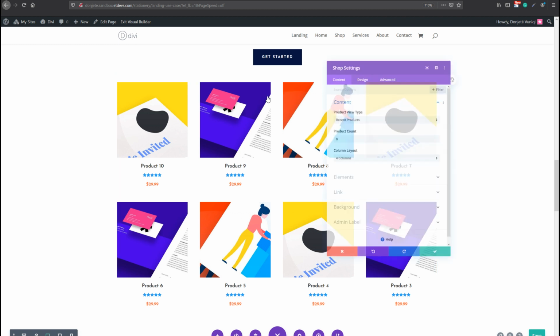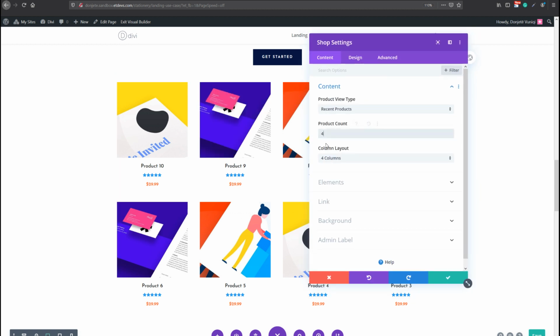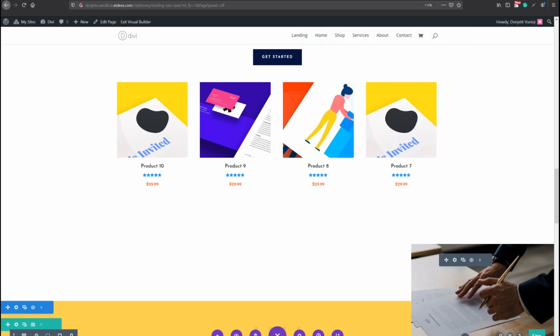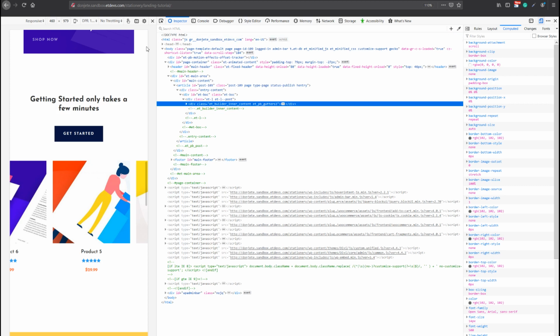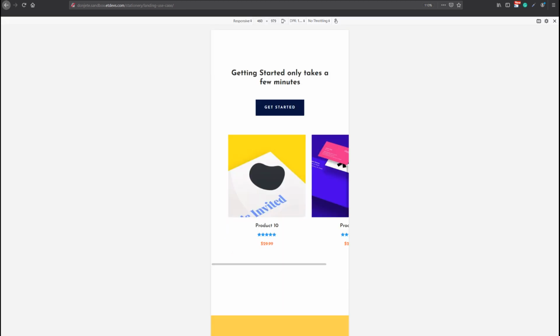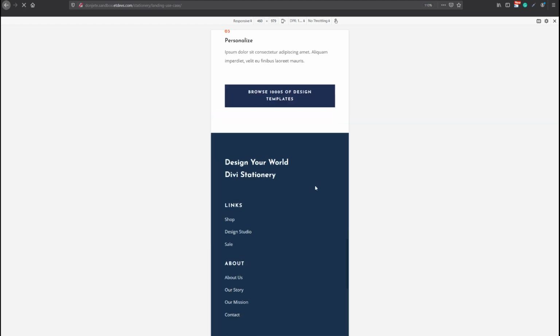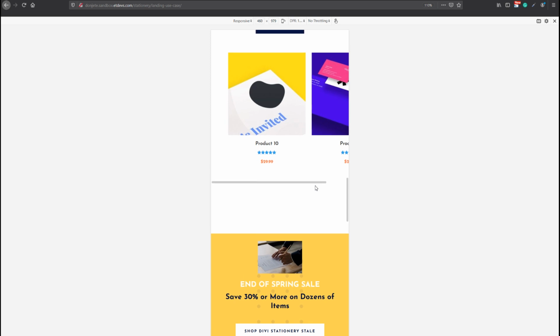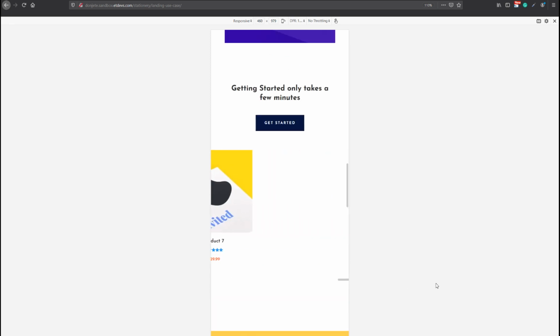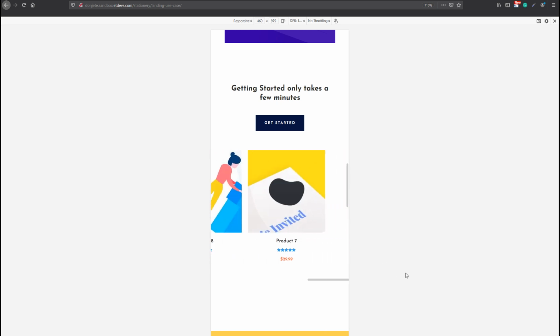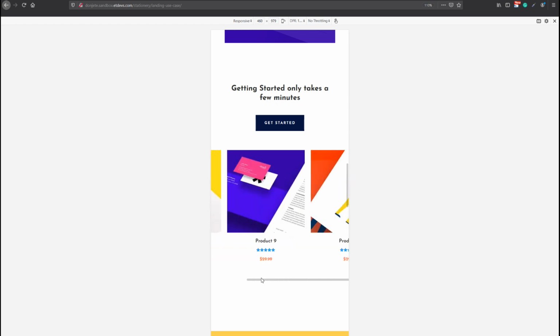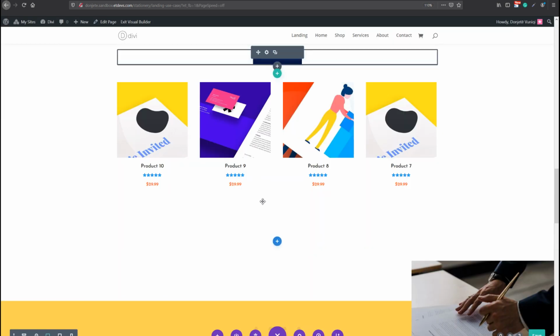Over here I have 8 products. Let me change that to 4 really quick, right? And if I preview this, now I'll have some extra space that I don't want, as you can notice over here. And you can easily modify these values to make sure that the swipe cart mechanism stops at the end of the last product. If I open this code module over here,